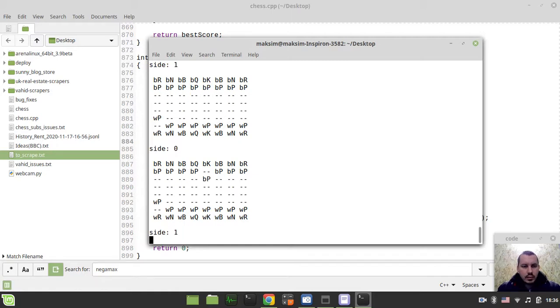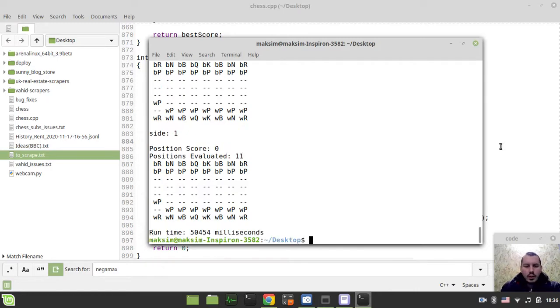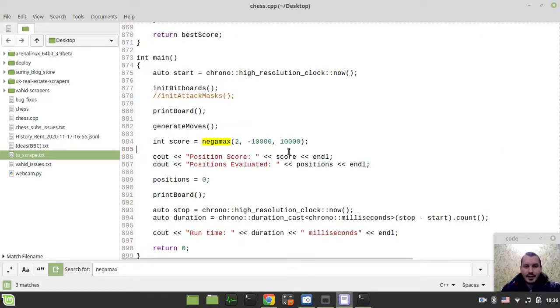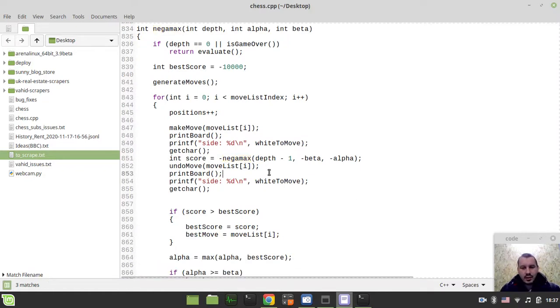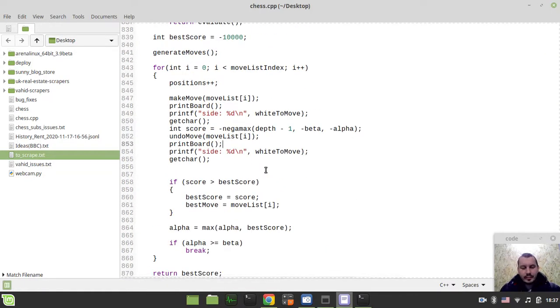Okay, so every response seems to be fine. Now here's the disaster. Here it should have picked up a different move, but for some reason it doesn't. The only thing I can say on a high level is that it was a matter of the damn Negamax search function, but this is not. This is just, man, I just don't have enough English words to express myself. I'm sorry. Oh man, so, alpha, beta,